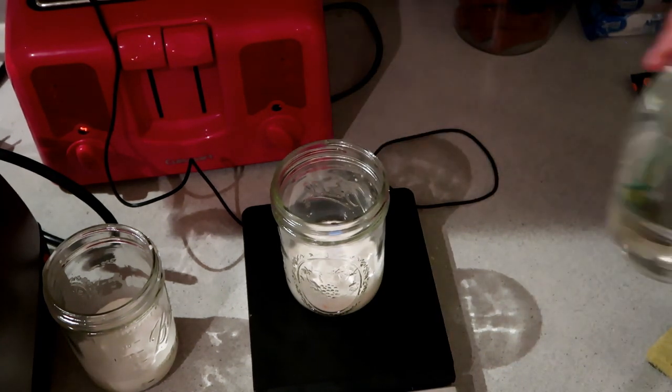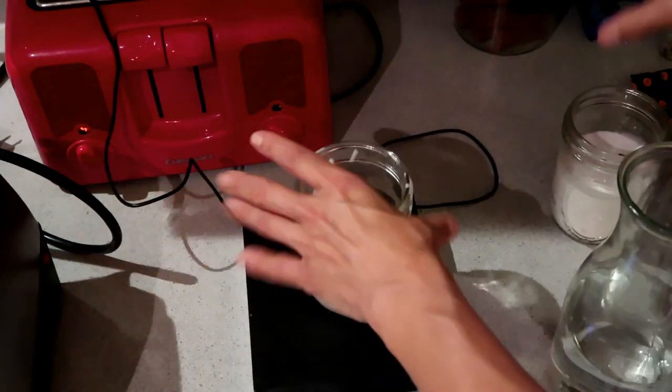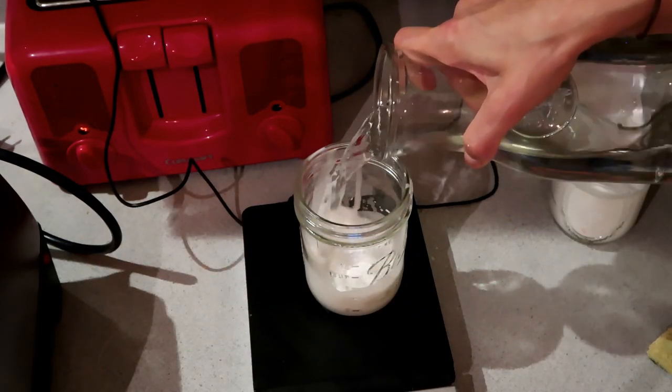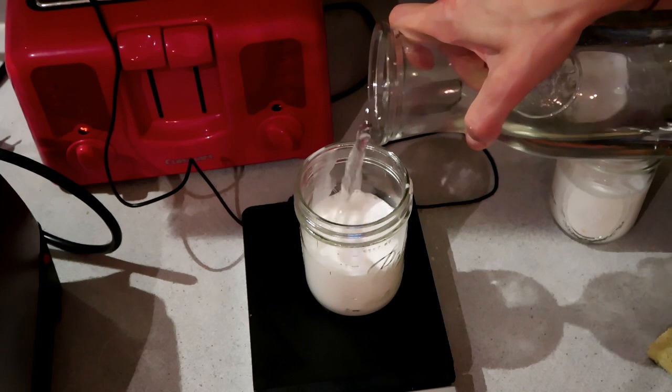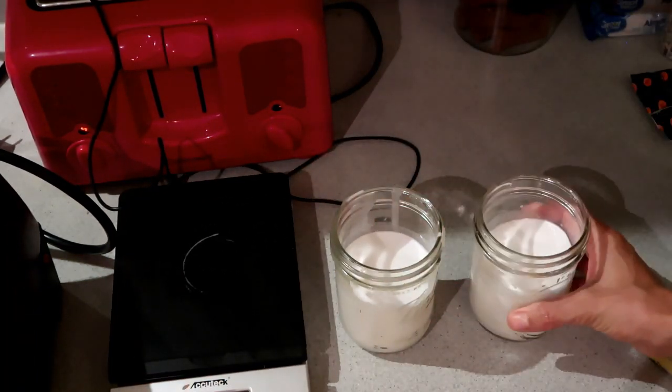And then I'm gonna add 2 parts water, 6 ounces of water in there. And then this one, I'm gonna add 6 ounces to that 3 ounces of coconut milk. All right, close enough. Here we go. Boom. 9 ounces